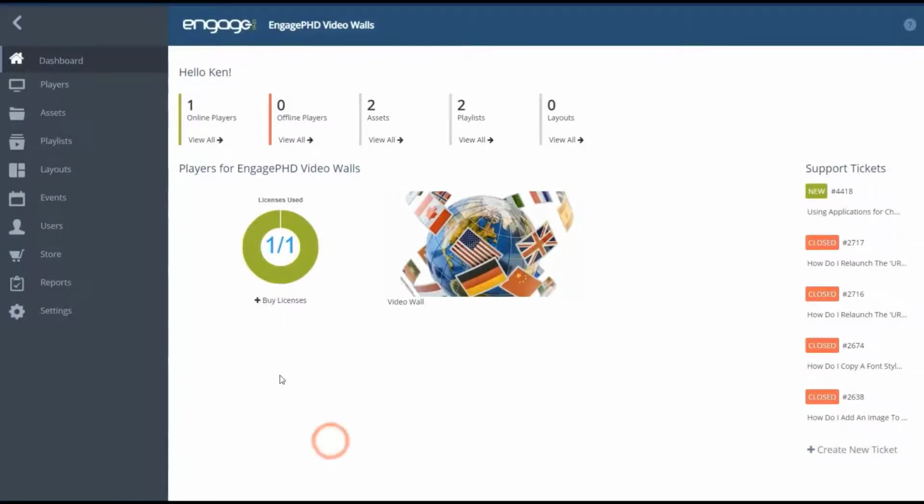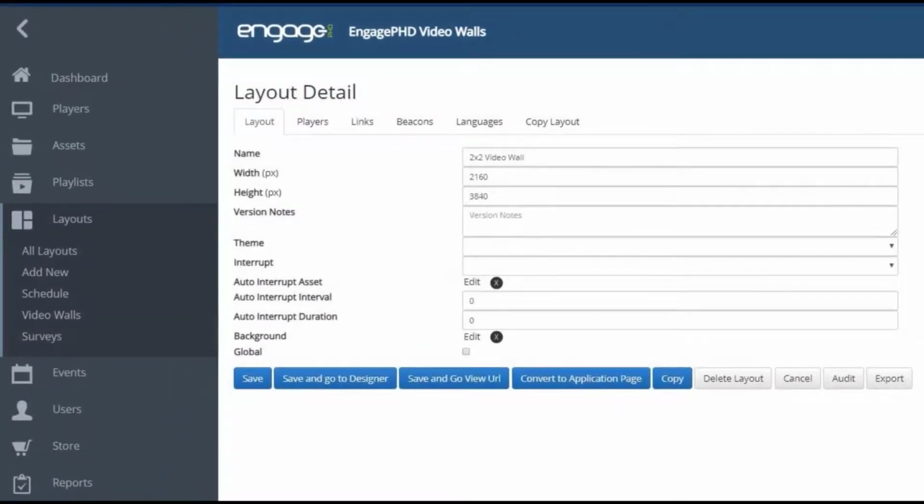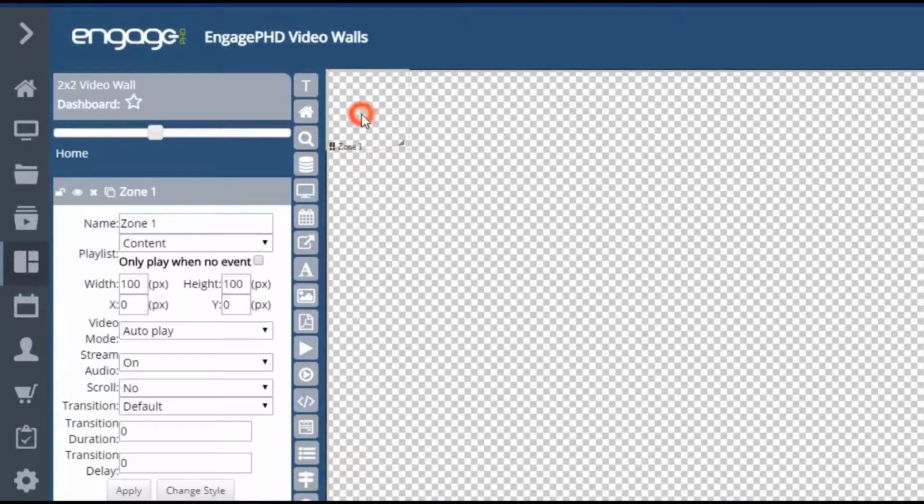When considering your design for a 2x2 video wall, you'll want to create your layout at 2160 by 3840 pixels for the width and height. This will create a full 4K resolution in your Layout Designer workspace. From here, you can then add full-screen images, videos, text, widgets, or create playlists of content to only play where required within the layout. For example, if I want a playlist to play content on the top right corner of my video wall, which would be the top right screen, I would create a playlist from the Playlist section of the software, and then use the Add Playlist button to add that zone,